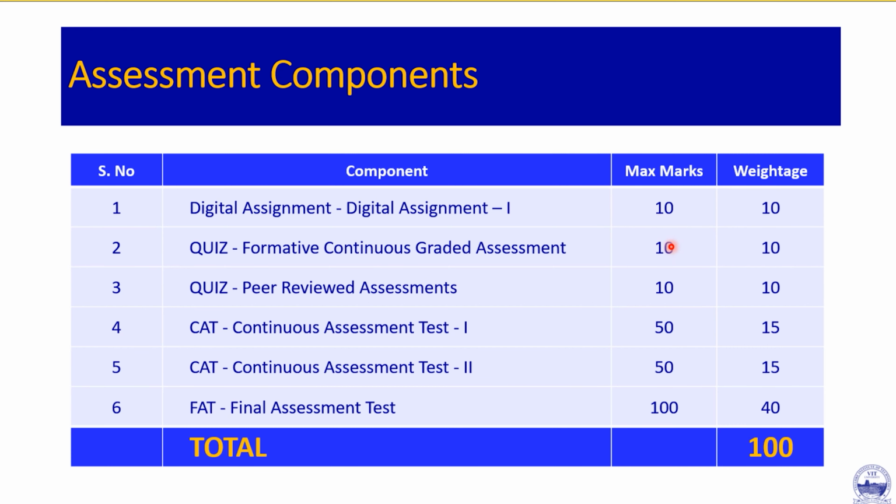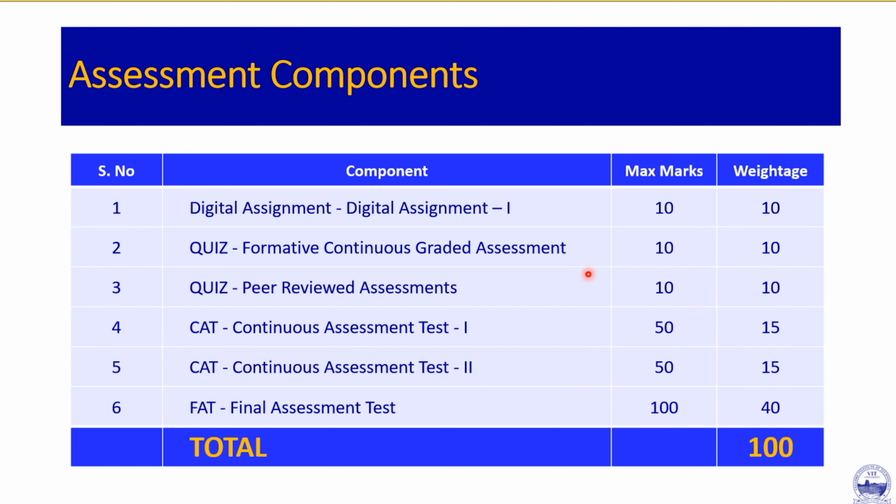When you have a digital assignment, the assignment has 10 marks. It will be out of 10, and the weightage towards what you see on a grade card is 10 marks. So suppose you get 10 marks in your assignment, when you look at your grade card, that will directly transfer as 10 marks. So you cannot take the assignment simply.